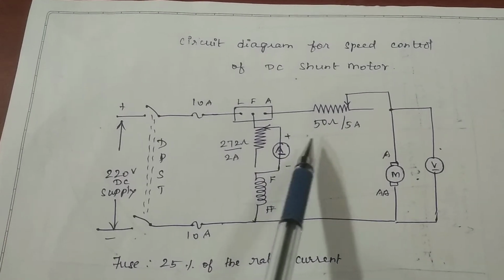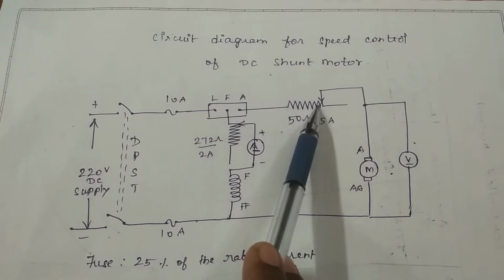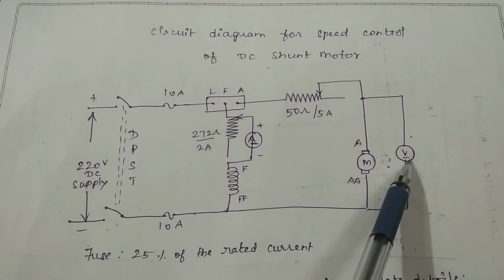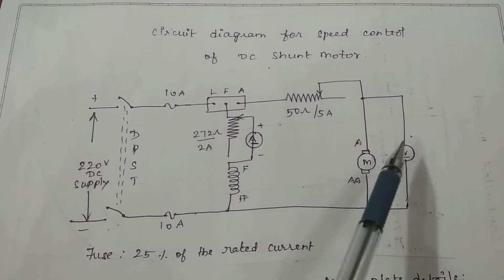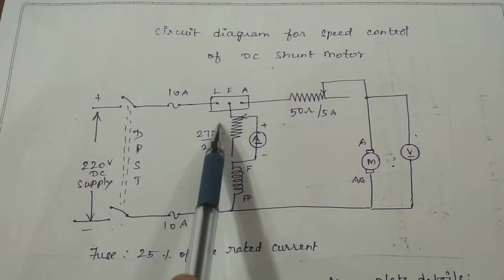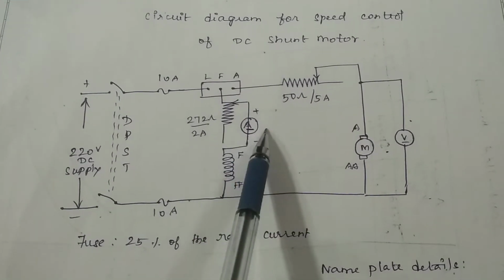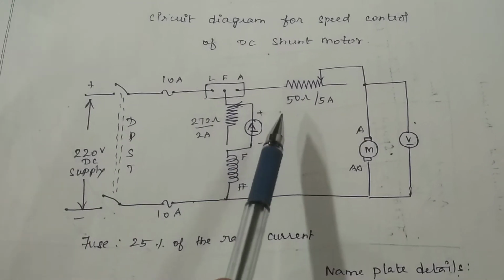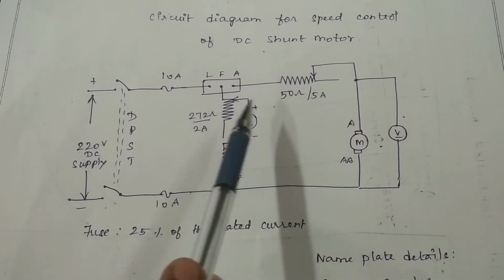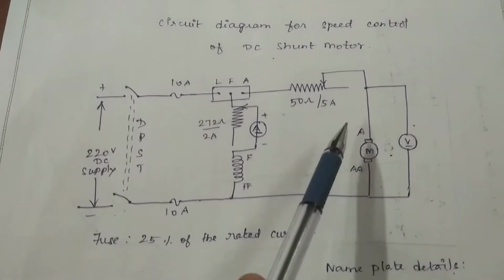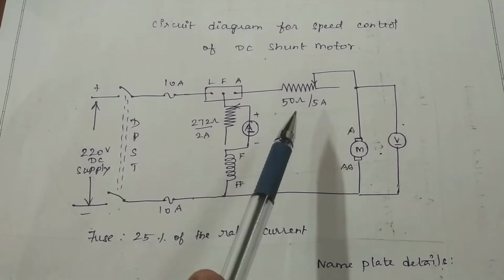Again, if you want to take it for a different armature voltage, you have to adjust the rheostat again. Say keep your armature voltage at 190 volt, and then don't disturb this rheostat. Again, adjust the field rheostat and take different sets of field current and corresponding speed. So you get two sets of values for each of the field control method and the armature control method. With that, you can plot the graph.